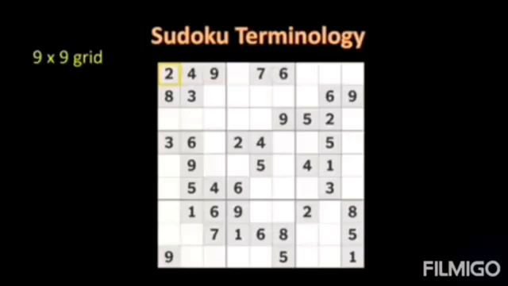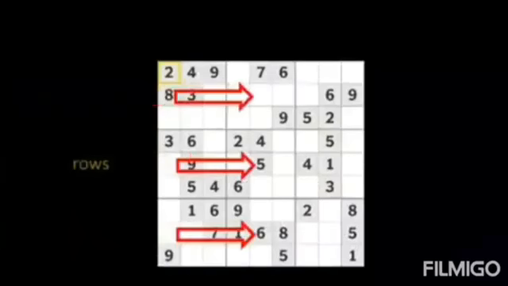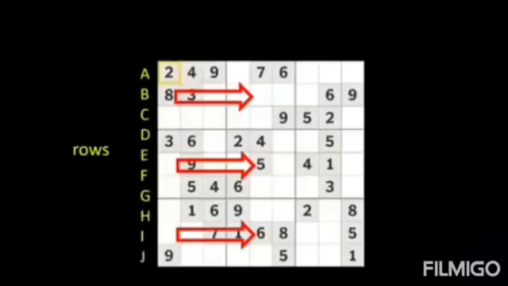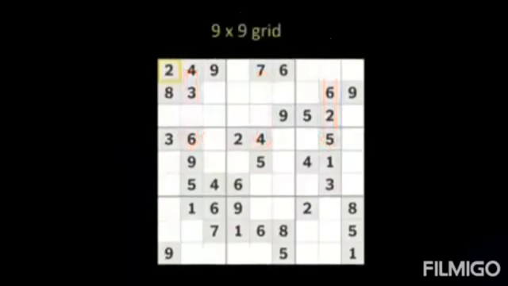To get started, there are many different types of Sudoku puzzle, but the most standard form looks like this: a 9 by 9 grid having 9 rows and 9 columns. At the intersection of each row and each column, there is a square called a cell. As it is a 9 by 9 grid, there are 81 cells. We need a way to solve it. Let us move through rows, label them as letters A to J. And for columns, we may use numbers 1 to 9 for labeling them.